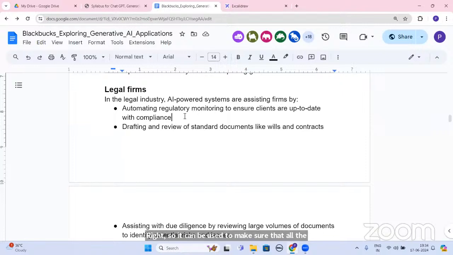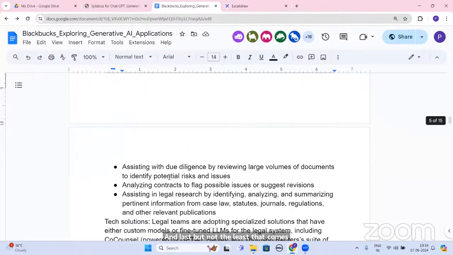Let's say we are establishing a legal firm out there. This can be completed with great detail, by the way. Okay. So drafting and reviewing standard documents like wills and everything. And last but not the least is assisting due diligence by reviewing large volumes of documents to identify the potential risk in the document. This is the most important.